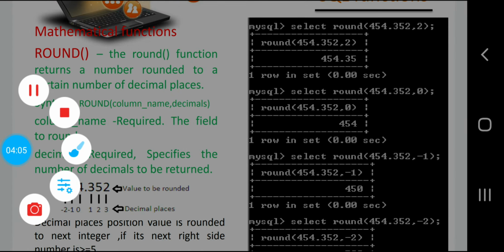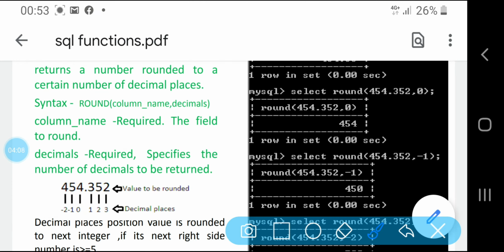It takes two arguments: first the column name, and second the number of decimal places. The column name is required, and the decimal argument specifies the number of decimals to be returned. Now you can see this example: 454.352, the value to be rounded off. After the decimal point there are 3 digits, 352.